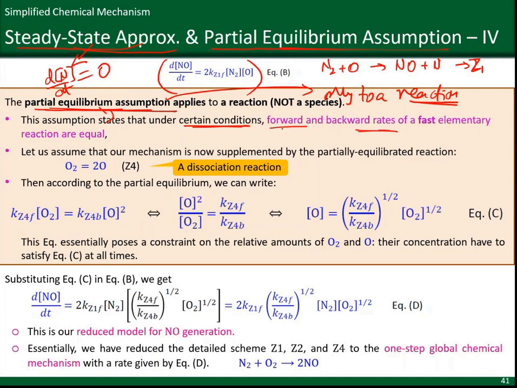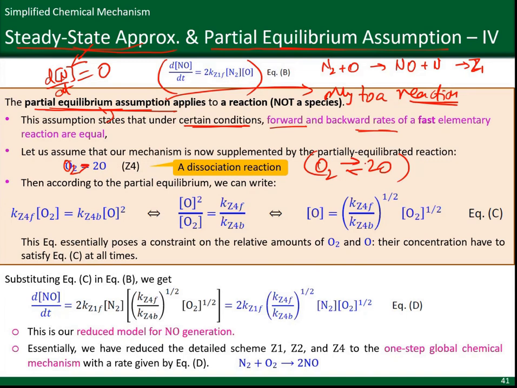Now, a particular case where this is true for the reaction that we are looking for is the dissociation of oxygen molecule into two oxygen atoms. This dissociation reaction of O2 to two oxygen atoms is a reversible reaction. It happens both ways, and this reaction is in partial equilibrium, right? Species is not in partial equilibrium. So this reaction is in partial equilibrium,